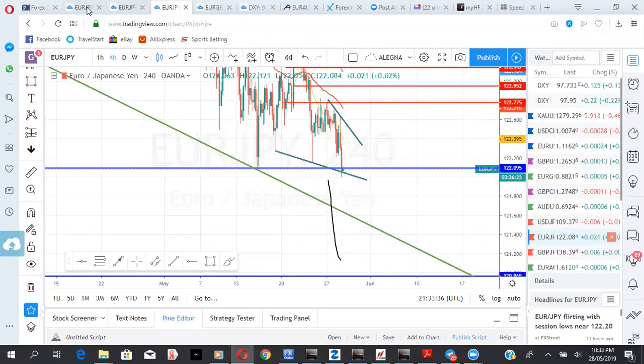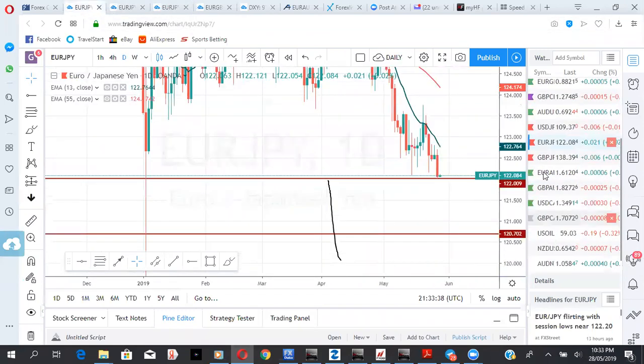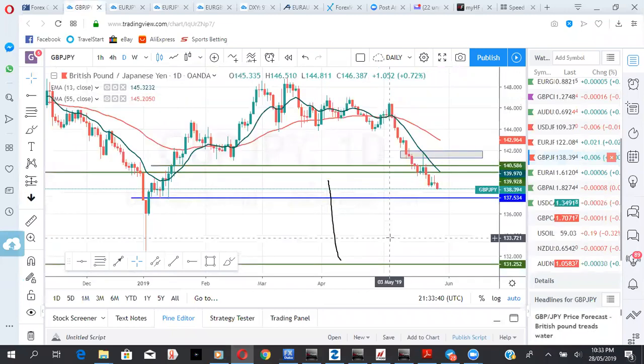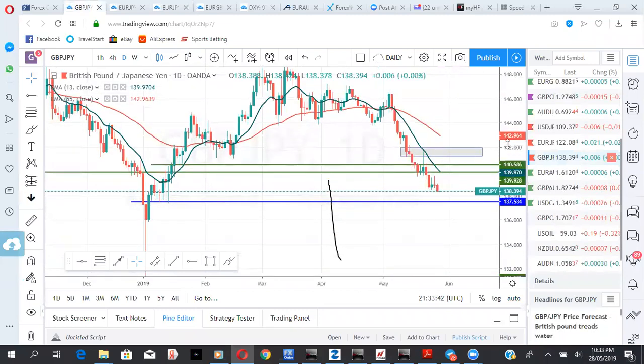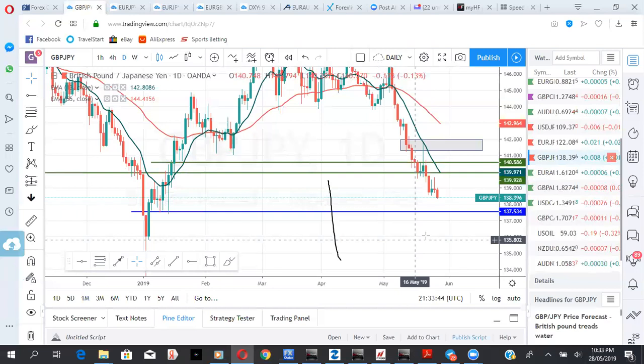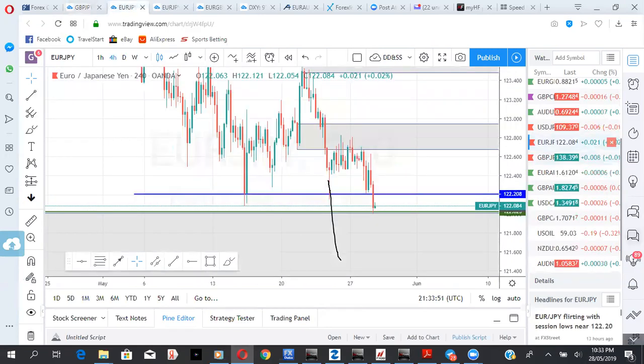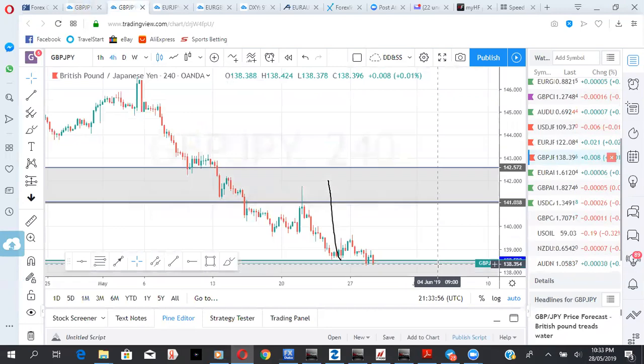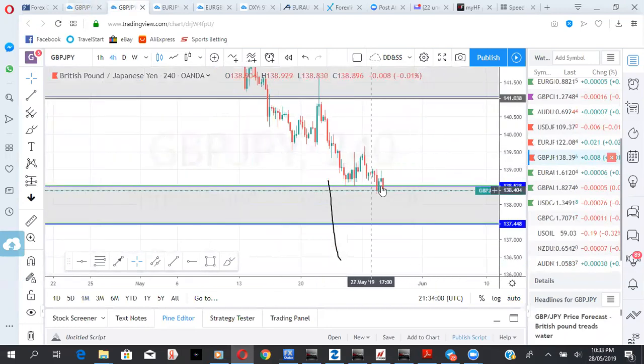The next pair we'll be looking at is the Pound Yen. Looking at the Pound Yen, yeah, Pound Yen is most likely heading lower. See the way it's closed on the daily. Look at it here. But it's closing into a kind of